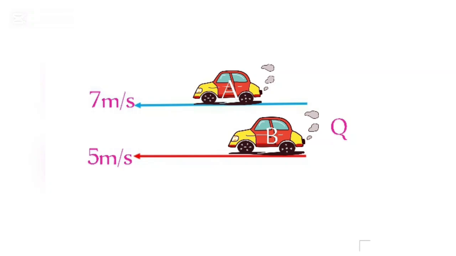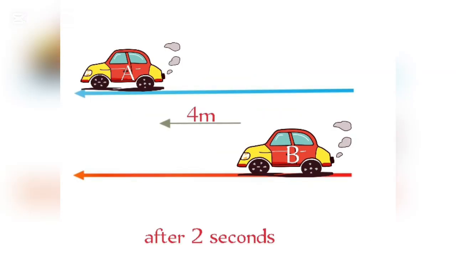Q. That means car A covers a distance of 7 meters every 1 second, and car B covers a distance of 5 meters every 1 second. After 2 seconds, car A would have covered a distance of 14 meters, while car B would have covered a distance of 10 meters. At this point, after 2 seconds, car A is 4 meters in front of car B. That means the displacement of car A from car B is increasing at the rate of 2 meters every